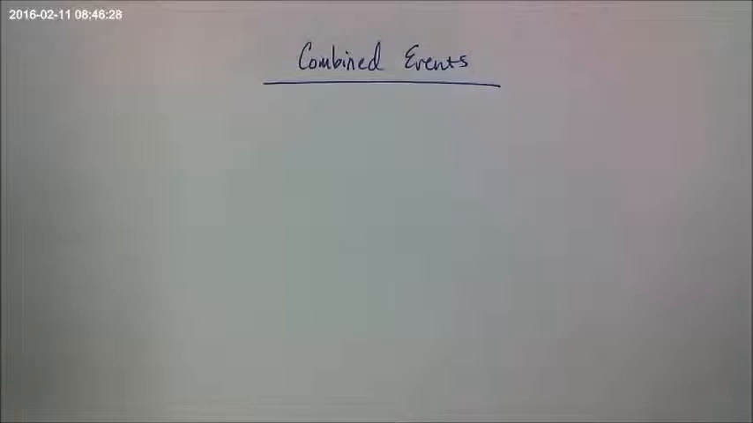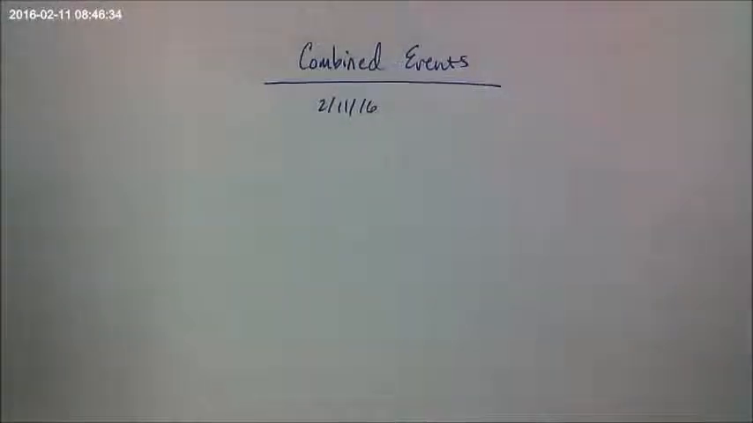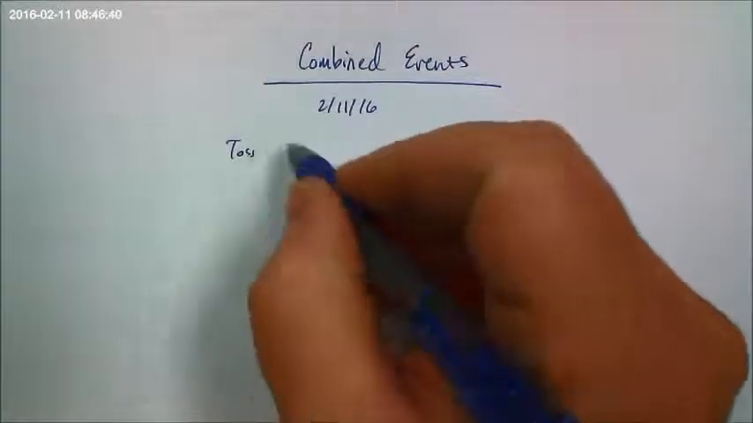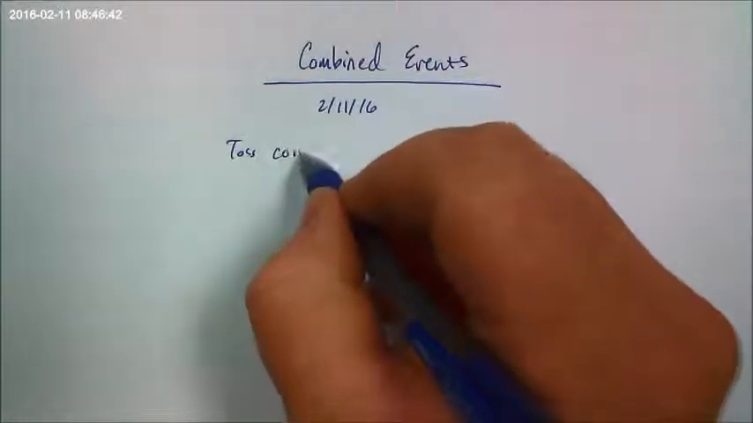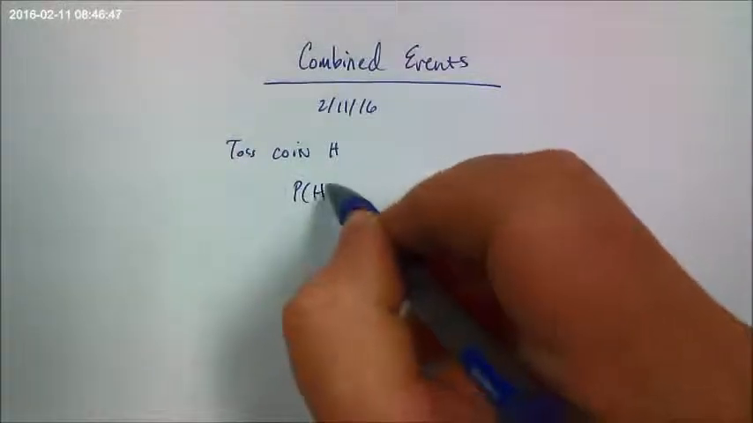So what are we going to do today? Combined events. Let's see, what is it? 2, 11, 16. All right. I think you guys know how to do this. Find the probability of tossing a coin and getting heads. So, the probability of heads